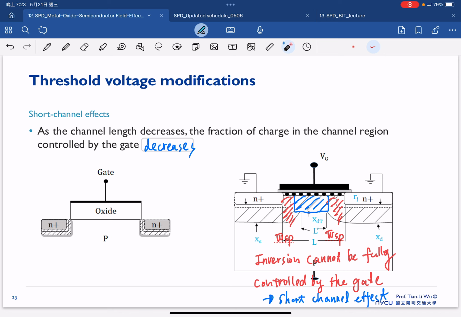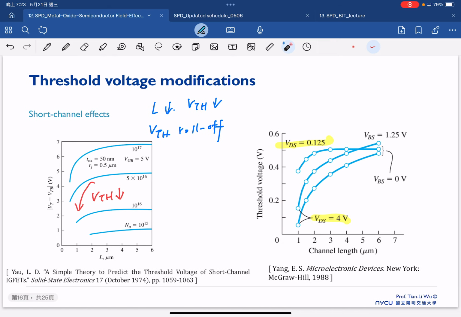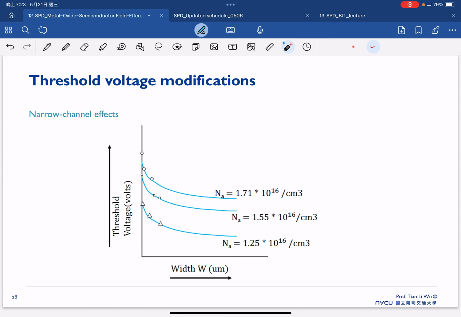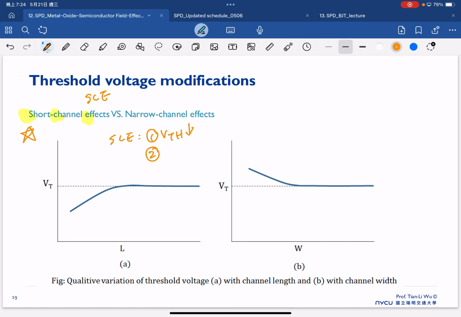So there's a chance that this depletion region can extend to the source side, even when the channel is off, even when we don't have a channel. And therefore, the electrons can go through the depletion region and reach the other side. So this is an issue that every scaling device suffers from. So that's why another phenomenon here is related to the leakage current,